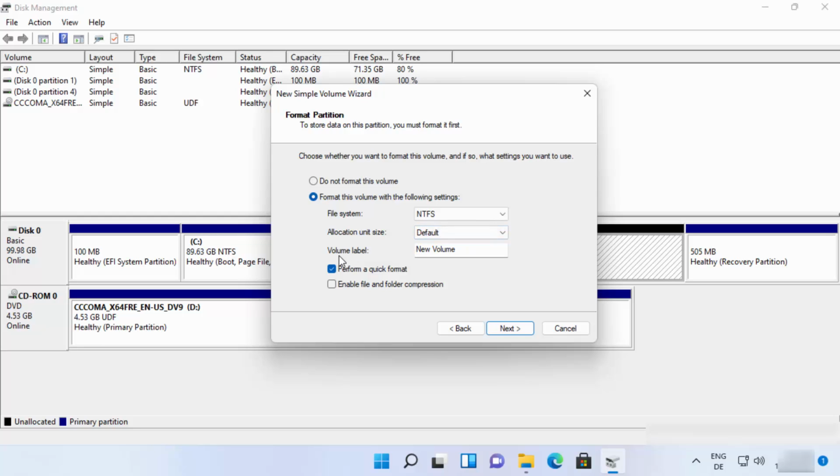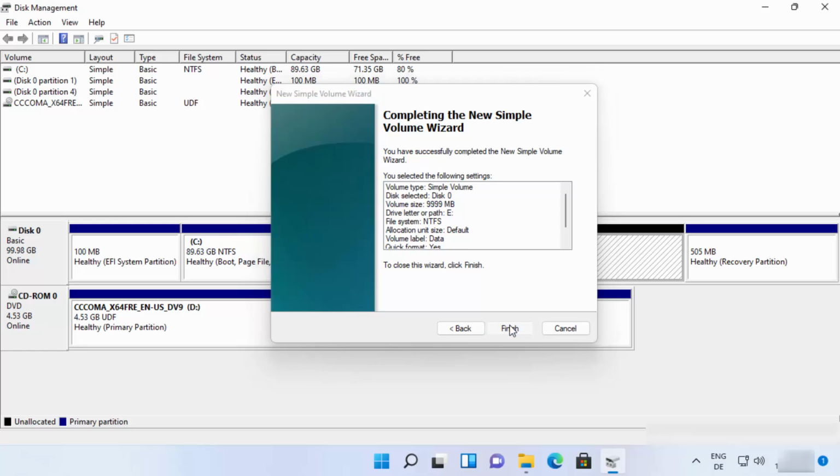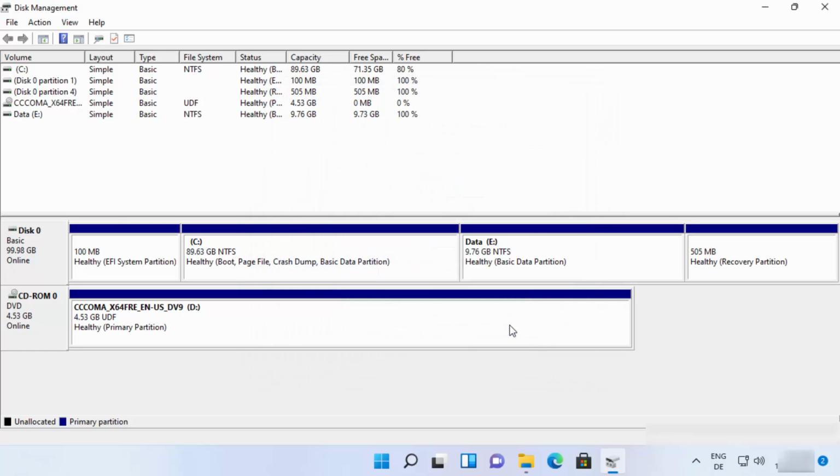You can give the name or volume label to your drive. By default it's new volume, but you can change it to anything. I will name it as data. Okay, so the new volume label will be data, and then you just need to click on next and then click on finish. As soon as you click on finish, you will be able to see this kind of notification,